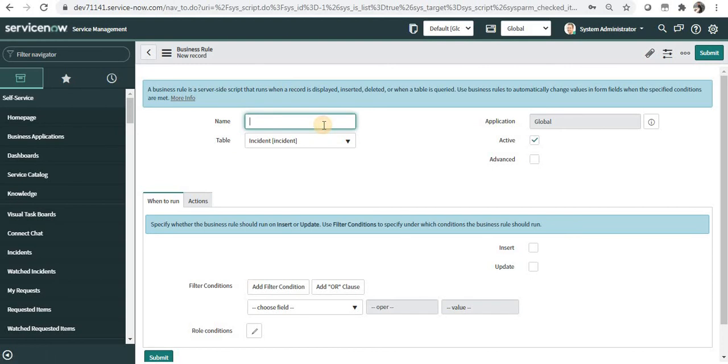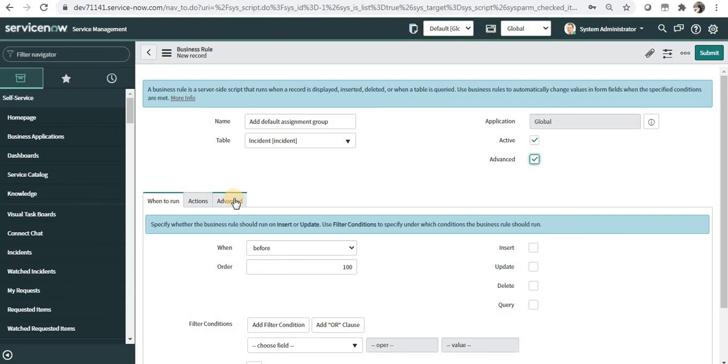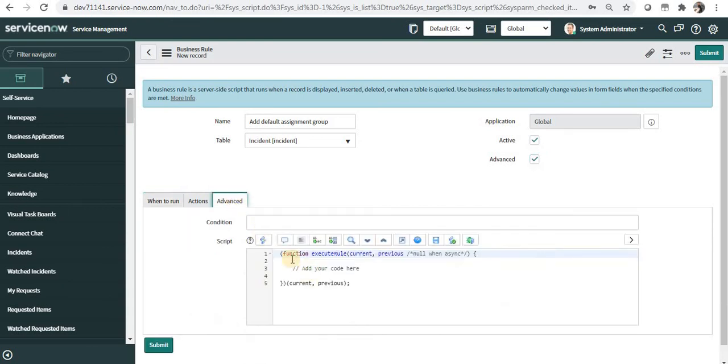Now you will have to give an appropriate name. I can say add default assignment group. You can make it as active or inactive. When you click on advanced, a new tab comes up for writing your scripts. You can give the condition in a scripted form like we discussed in the example that current.short_description is not equal to previous.description.